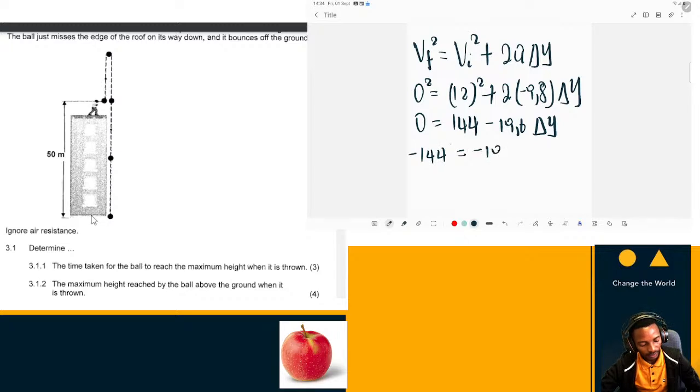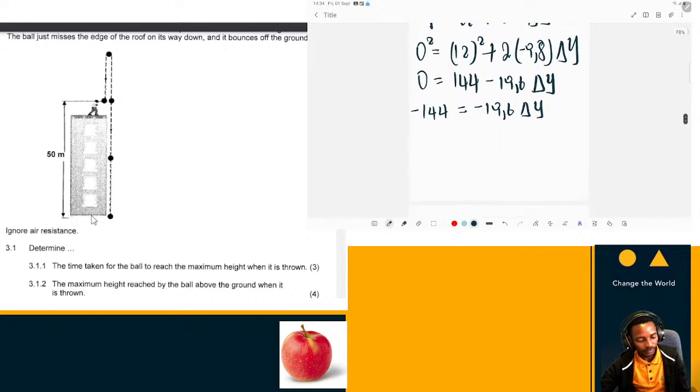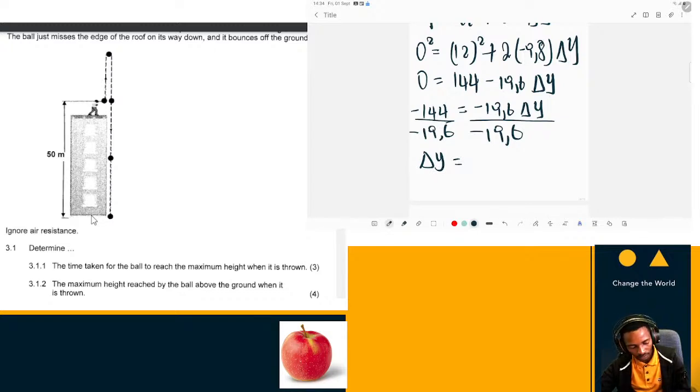Then we're going to have minus 19.6 delta y. Then divide by 19.6, divide by 19.6, then delta y will be equal to minus 144 over minus 19.6, which is 7.346